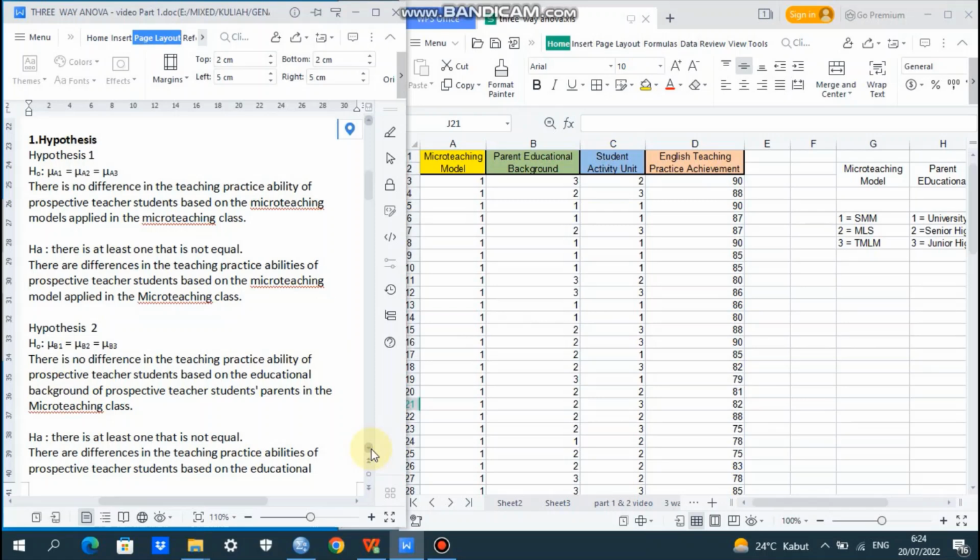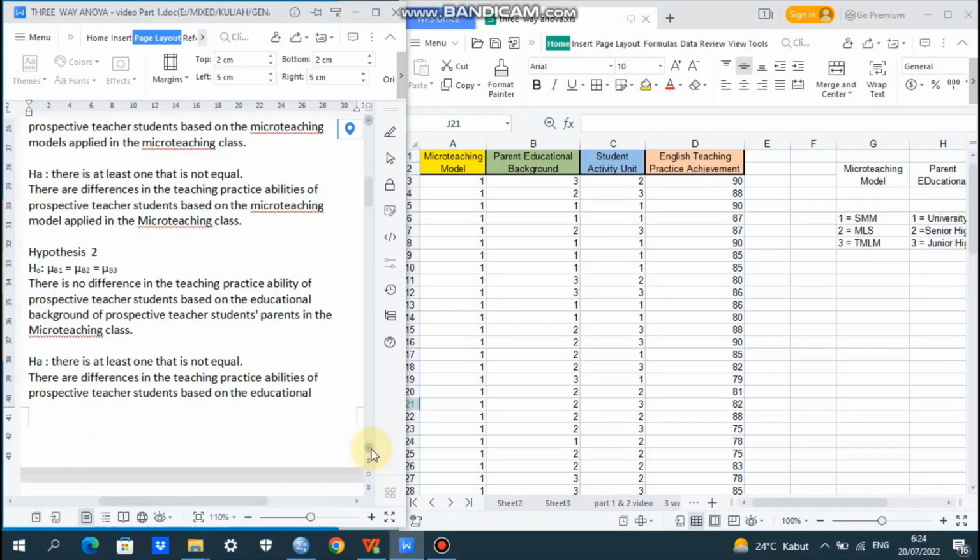If H0 is accepted, it can be interpreted that there is no difference in the teaching practice ability of prospective teacher students based on the educational background of prospective teacher students' parents in micro teaching class.